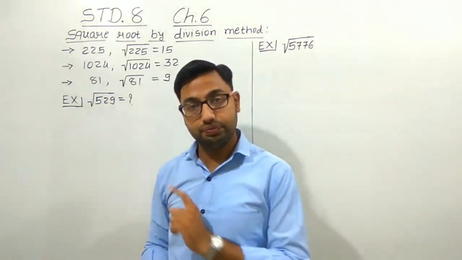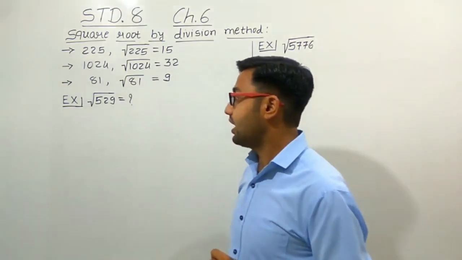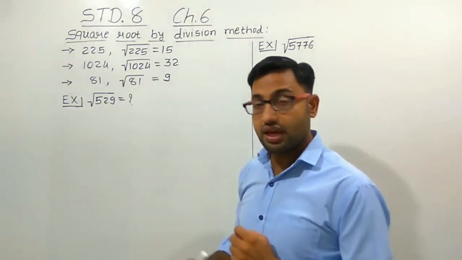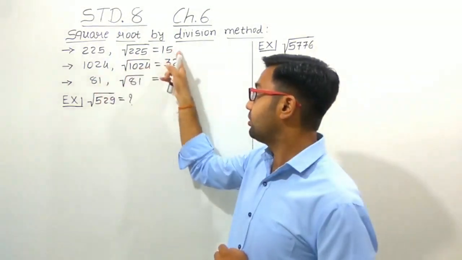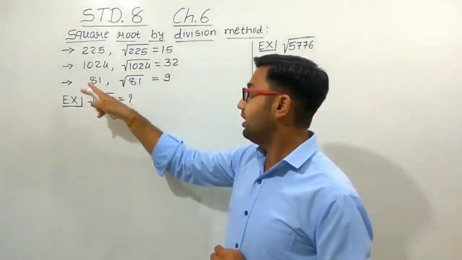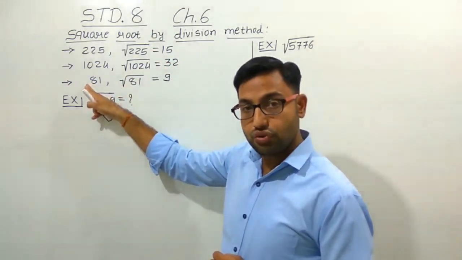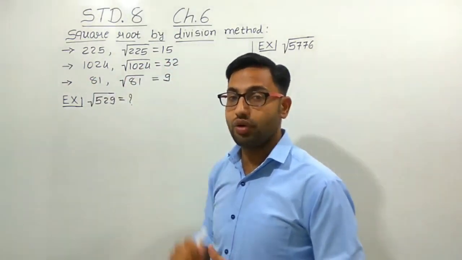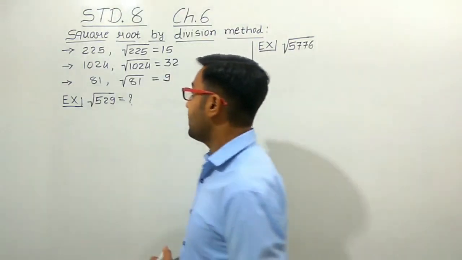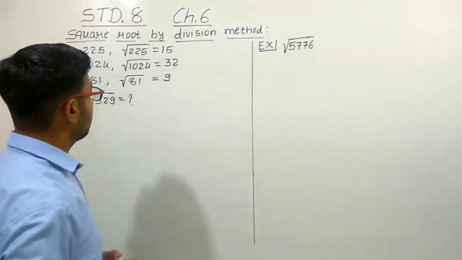So one kind of pattern we can find here is that whenever there are 3 or 4 digit perfect square numbers, we get 2 digits in the square root. Whenever we have a 2 digit perfect square number, we get a 1 digit number in its square root. So here we can conclude that